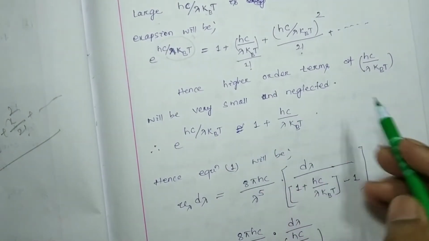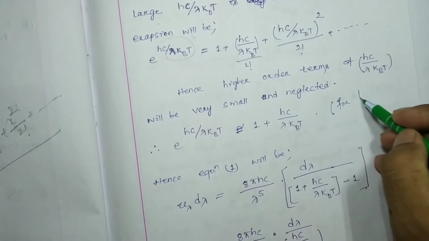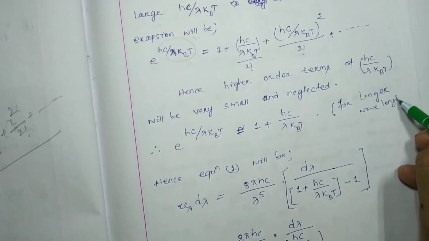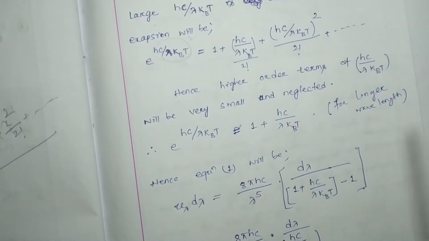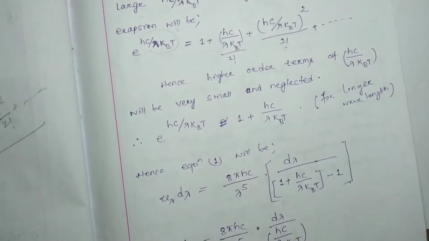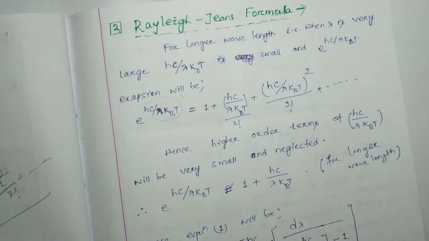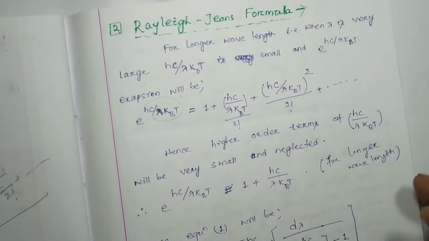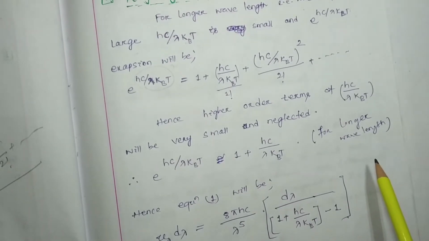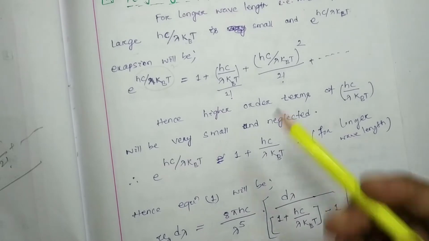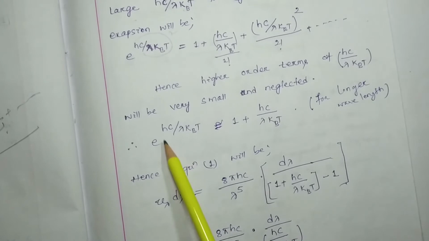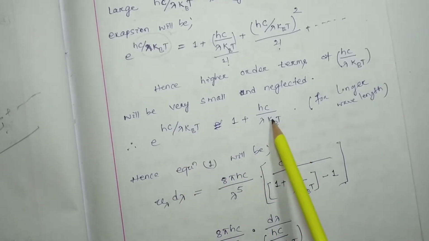this one for longer wavelength, right? Why do we consider longer wavelength? Because Rayleigh's law well explained the radiation of the black body at longer wavelength. At shorter wavelength it failed to explain. So whether Rayleigh's law at longer wavelength comes out from Planck's law or not, that we are validating here. So e to the power sc by lambda kBT we found is approximately 1 plus sc by lambda kBT for longer wavelength.